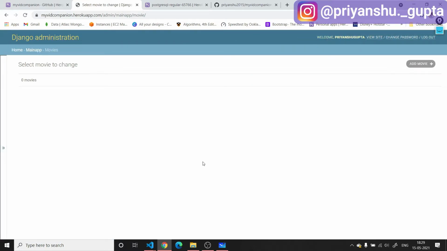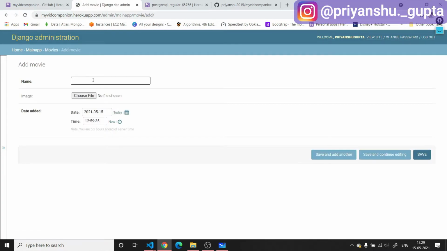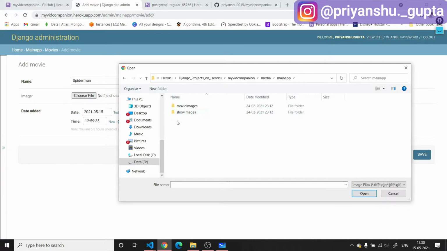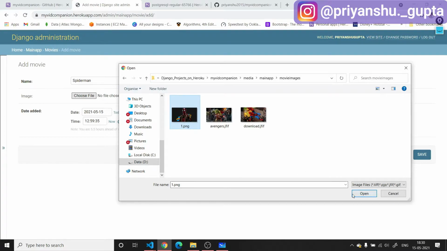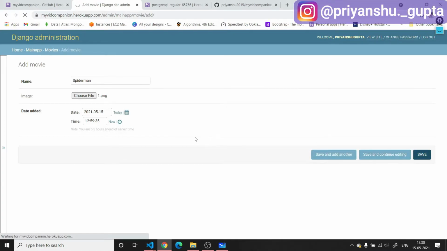To add movies, we can click on add movie, write Spider-Man here and choose file. Now I will choose the image over here, Spider-Man, open, save. And now one new record has been generated in our new PostgreSQL database.